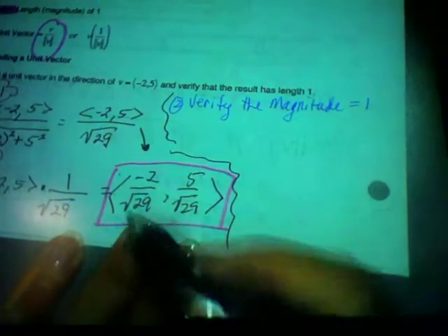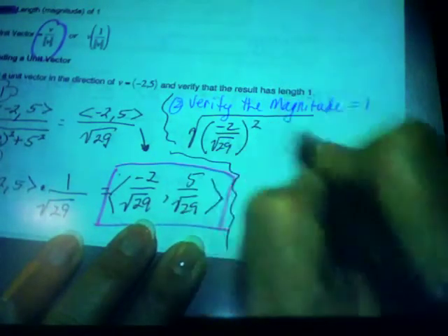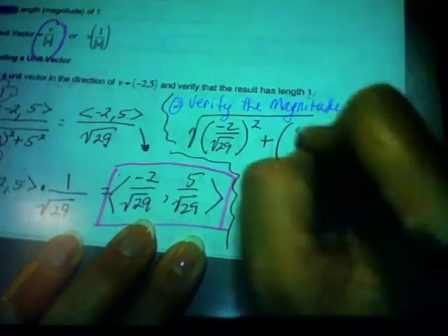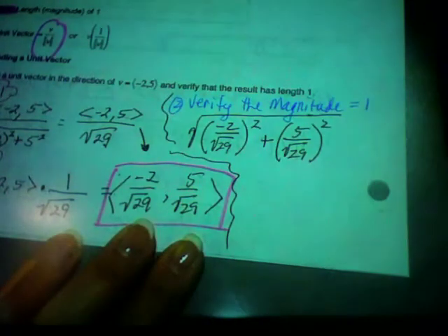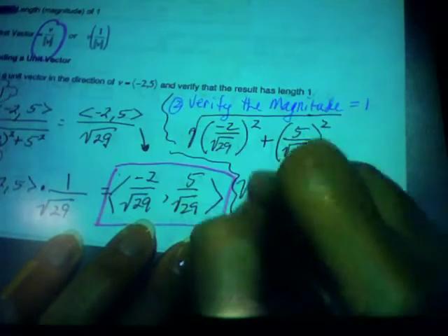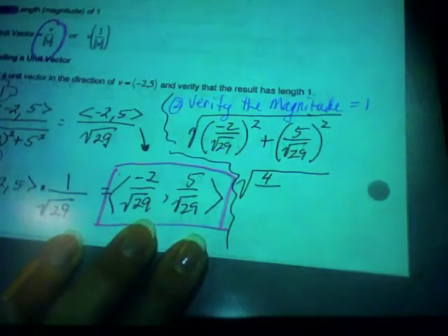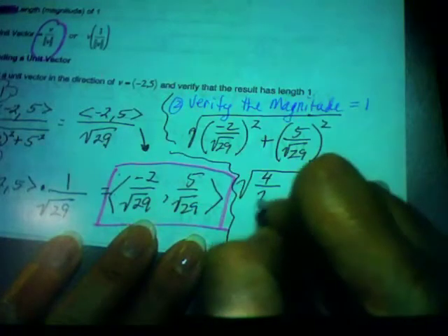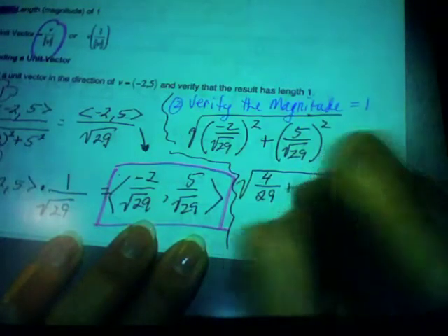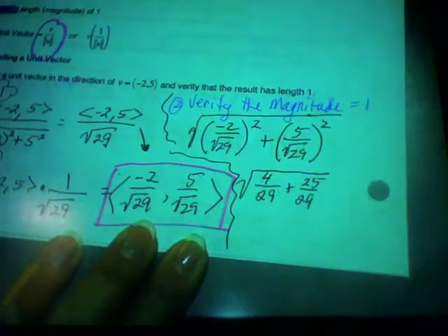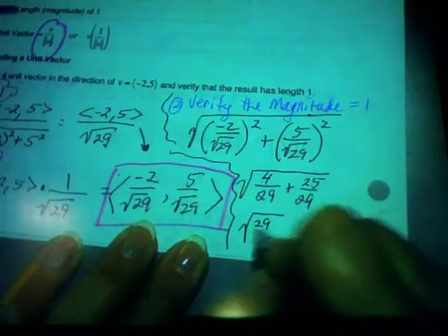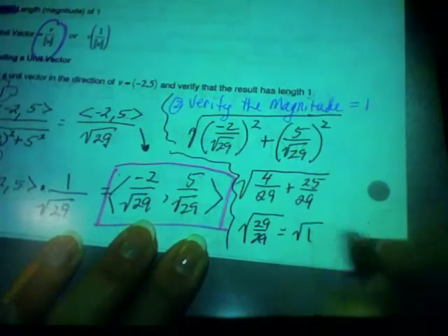So I'm going to take my answer, square this one, and it's all underneath the radical. So I'm going to take negative 2 over the square root of 29 and square that, and add to that the 5 over the square root of 29 and square that. What's negative 2 squared? 4. What's the square root of 29 squared? Isn't it just 29? Plus 5 squared, 25, radical 29 squared, 29. Don't we end up with the square root of 29 over 29, which equals the square root of 1, which equals